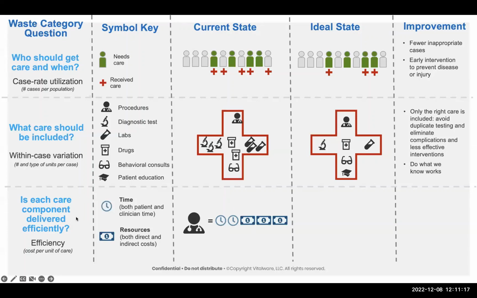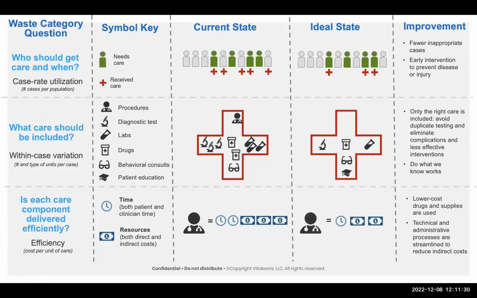If each component was delivered efficiently, and time and resources. Right now, the time and the resources is significant. But if I was to look at this and lower the cost of drugs and supplies, technical and administrative process streamlined to reduce the cost. So when we start looking at supplies, CMS has said for years to provider practice patterns should be looked at, and that's why part of their stuff is regarding bundling. So you see here, we want to do the case rate utilization, kind of limit the within case utilization variation,